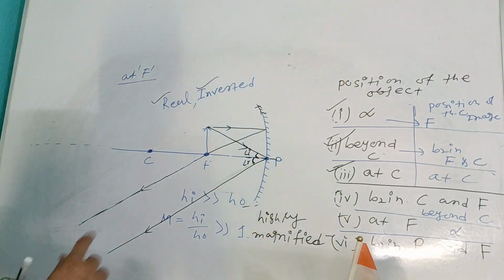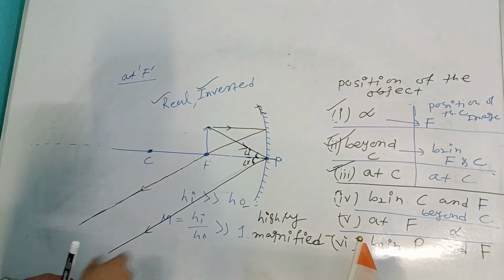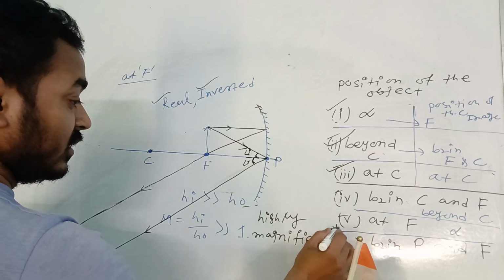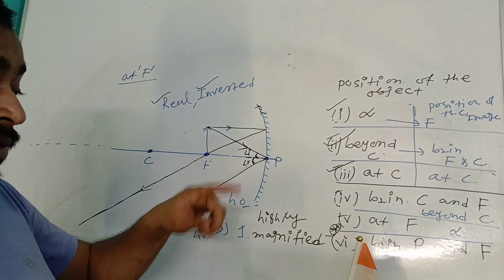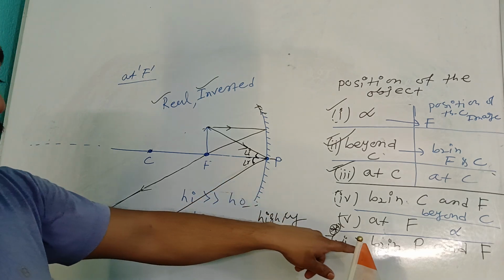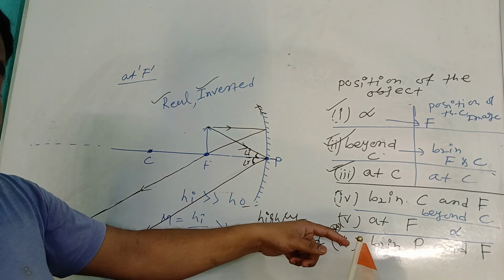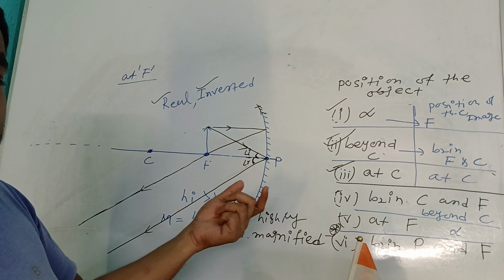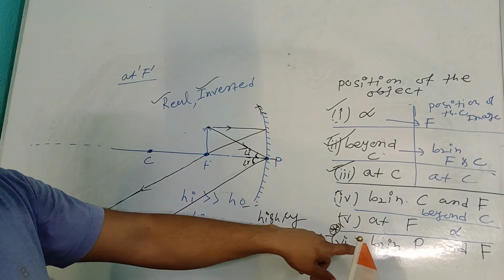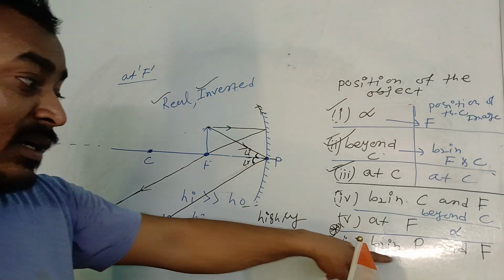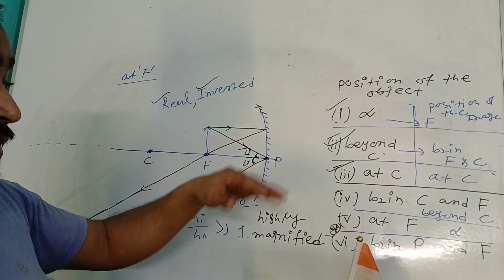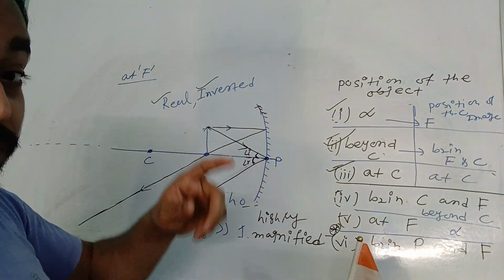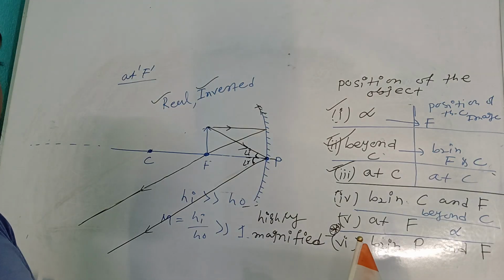Good. Achha, last one, between P and F, and it is very much important. If you are in class 7 or 8 standard, then for your exam. In class 10, they will not ask you to draw the ray diagram; maybe it is given for 1 mark, but the lens part is important. So if you are in class 7 or 8, this diagram is also important. And for class 10, all of you have to draw this one so that you can understand, you can write the significance, and you can predict the question. Okay,